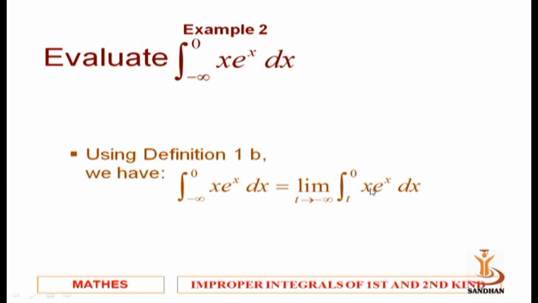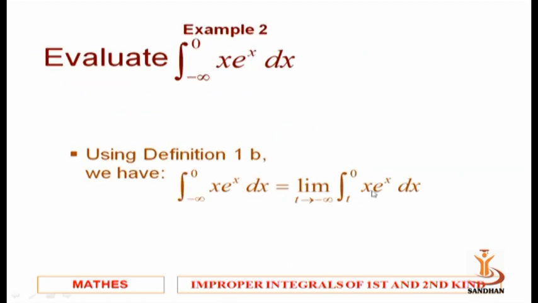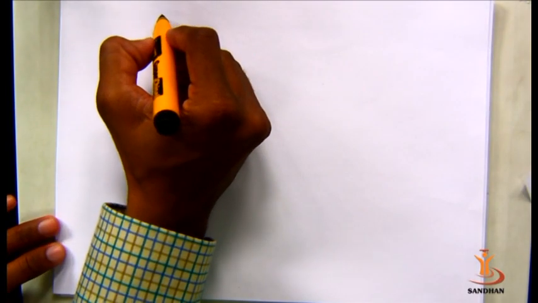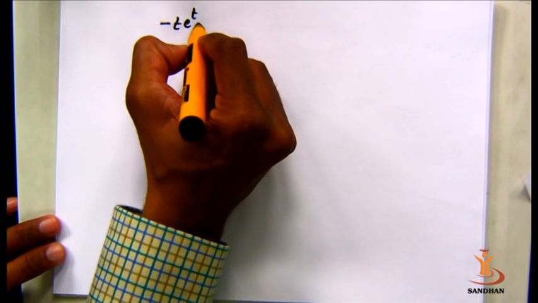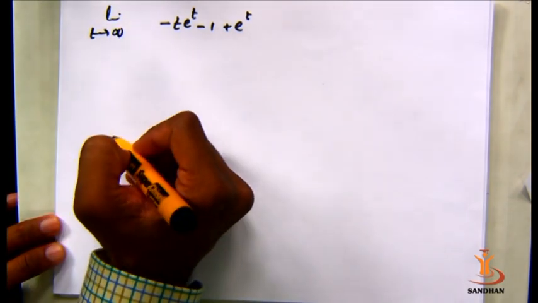As multiplication of both of the functions is given, we can use integration by parts over here to integrate that term. So this is what integration by parts of x e raised to x between t to 0, and that gives t e raised to t minus 1 plus e raised to t, where t e raised to t, let me explain that t e raised to t is indeterminate form. See, we have minus t e raised to t minus 1 plus e raised to t, where t tends to infinite.